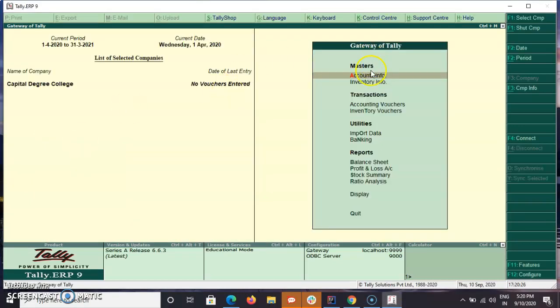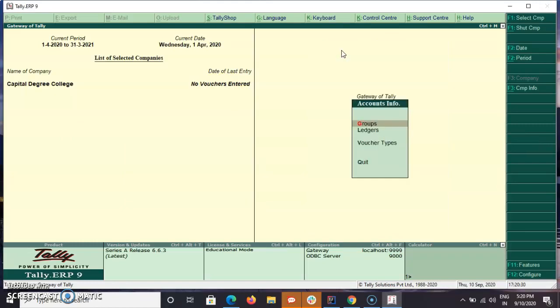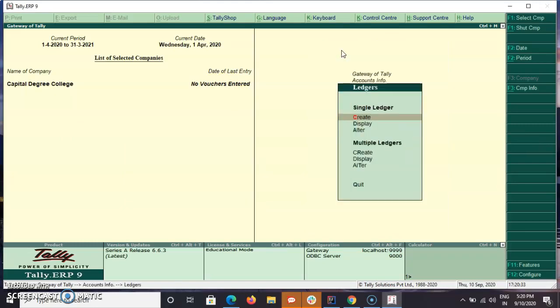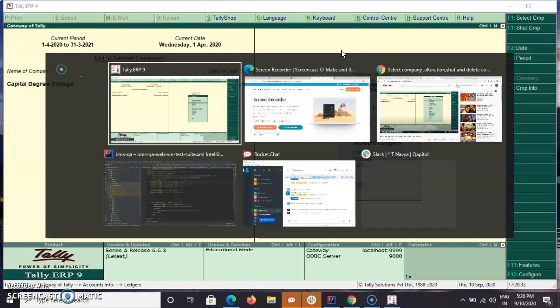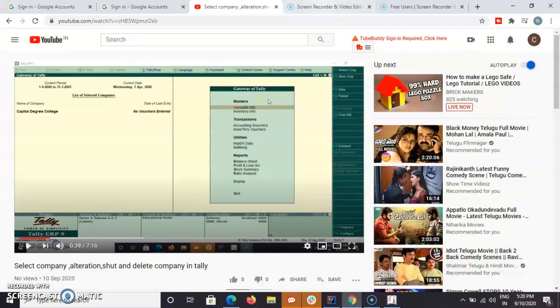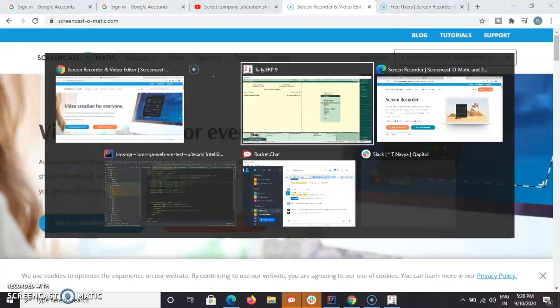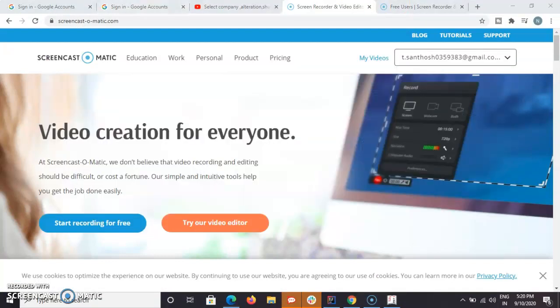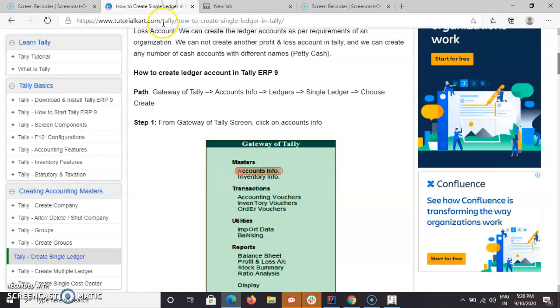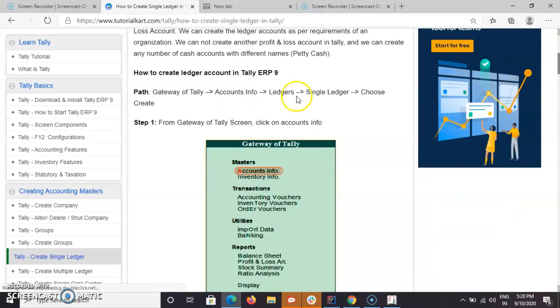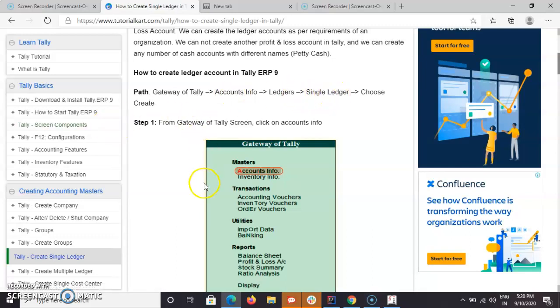So this is accounting masters, in that accounts info, ledger. So if you want to see, just observe here. So what is the path? Gateway of Tally, accounts info, ledgers. In that single ledger, choose create.